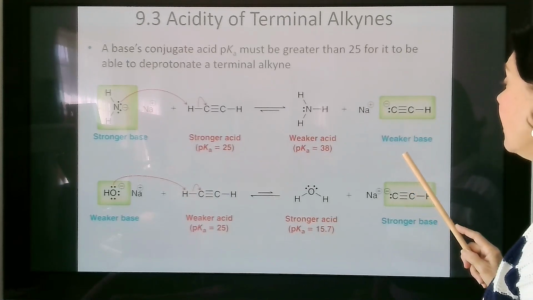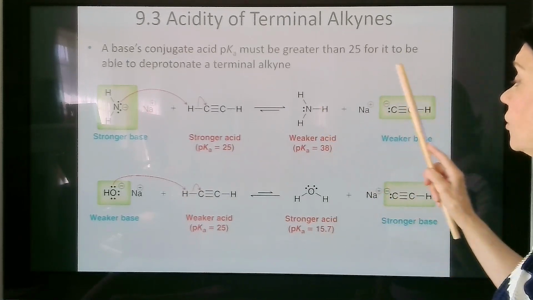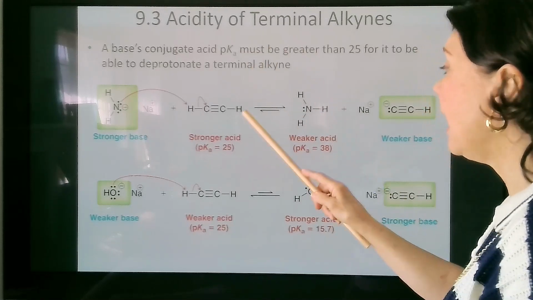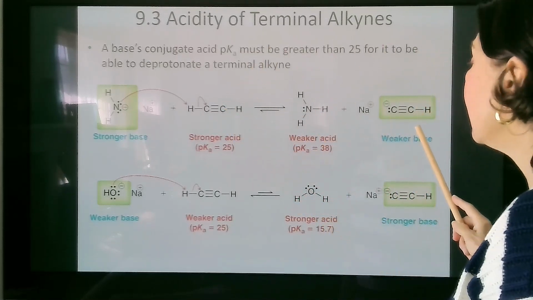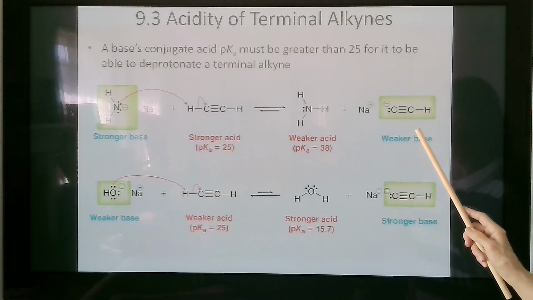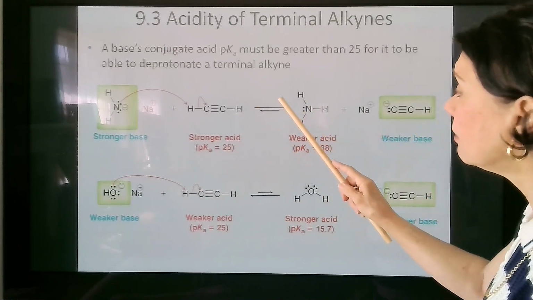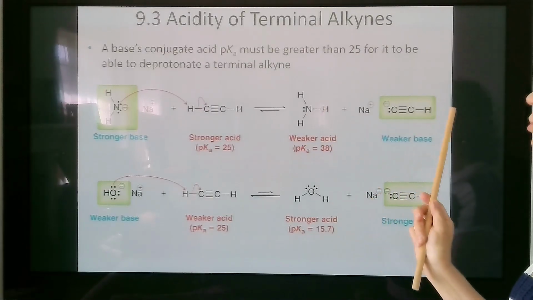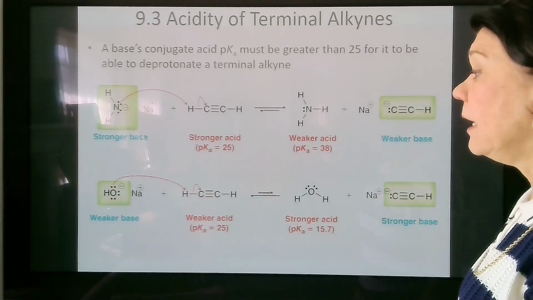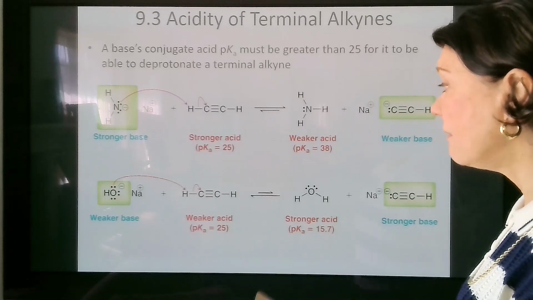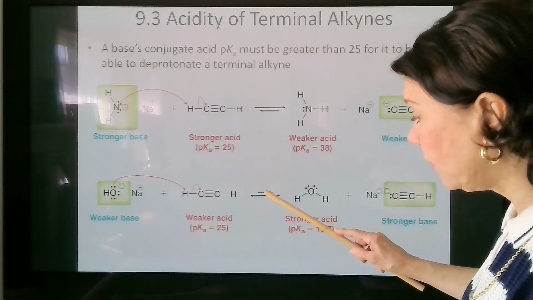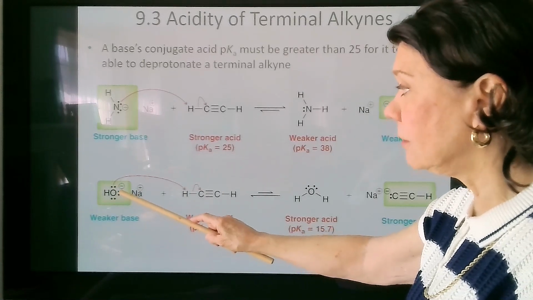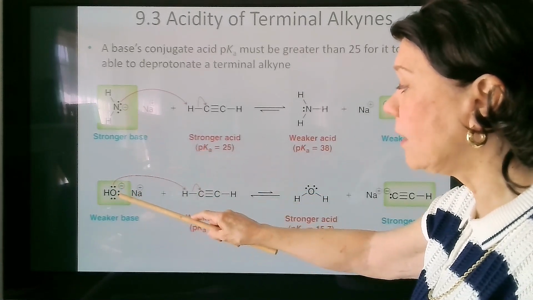And so this is a more stable system where you have the amide protonated, and the acetylene has given up its proton. Notice that the arrows show indeed that the equilibrium lies to the right. Here, on the other hand, you have the opposite, where the equilibrium lies to the left. You have a weaker base. This is a strong base. This is a weaker base